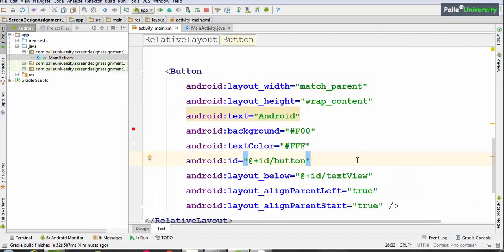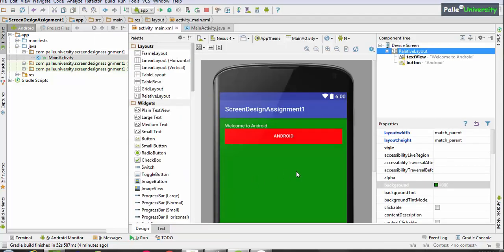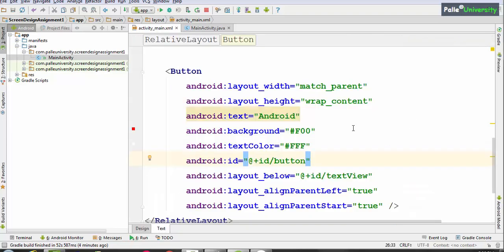But you may be thinking, the problem with the text perspective is first you have to do the modification here and then you have to go to design perspective to cross check whether it has reflected or not. You don't have to worry about that point. In the text perspective, at any point of time, after doing modifications for your properties, you can directly click on preview to cross check the output area, to cross check how the design is coming. Let me click this preview.